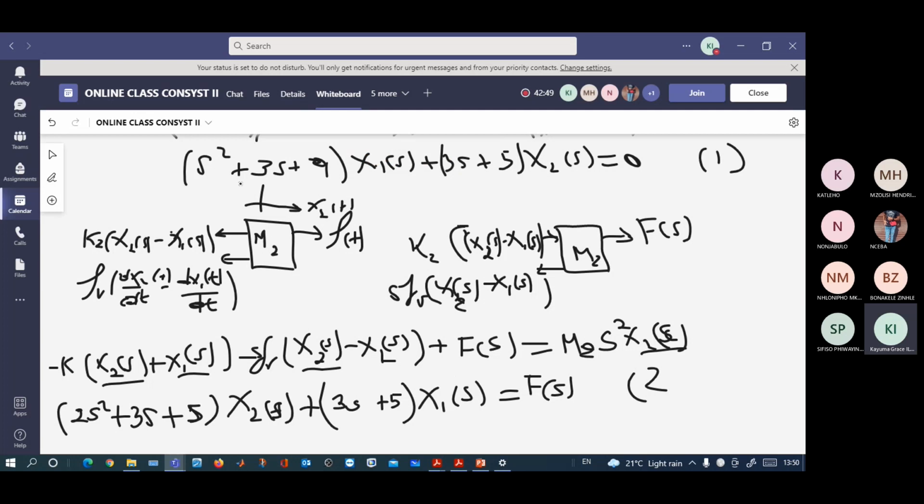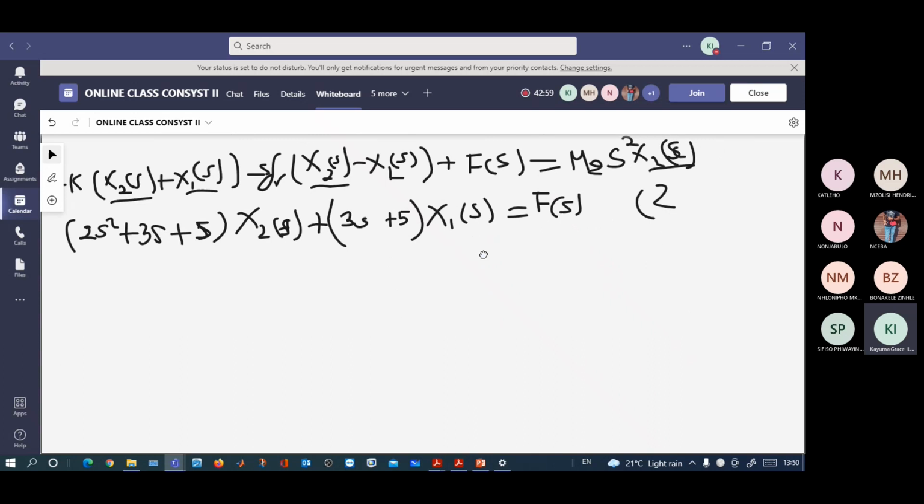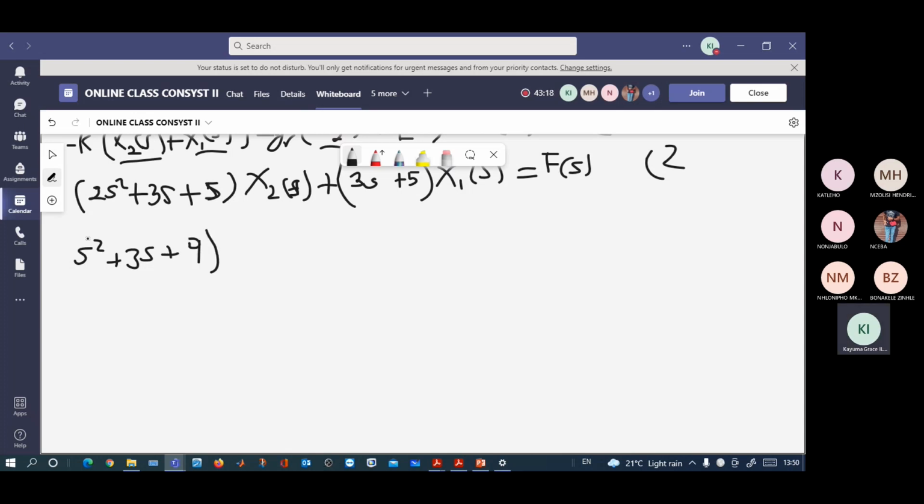So we can take equation number 1 and equation number 2. So we can now solve our system. So we have written our 2 equations. So let's now put them together so we can continue solving. So we have equation number 1, it was S square plus 3S plus 9 K